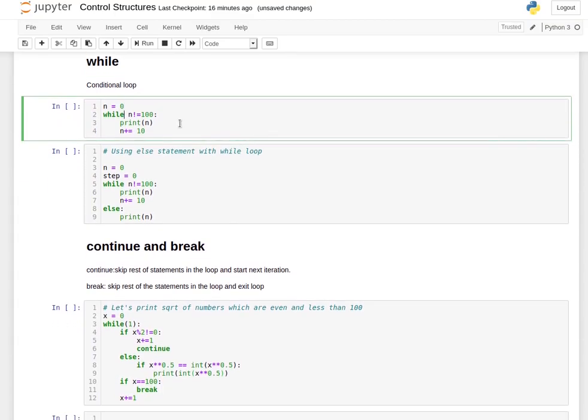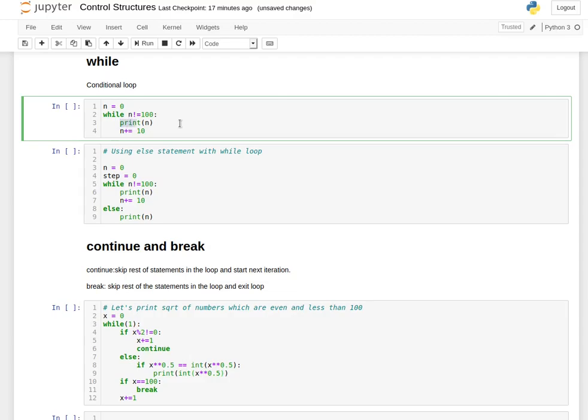So let's demonstrate a while loop here. n is equal to 0 is a variable I've taken. Now to use the while loop, just specify the while keyword, then specify your condition, then again a colon, and give all the indentations for all the statements you have to execute for this while loop.